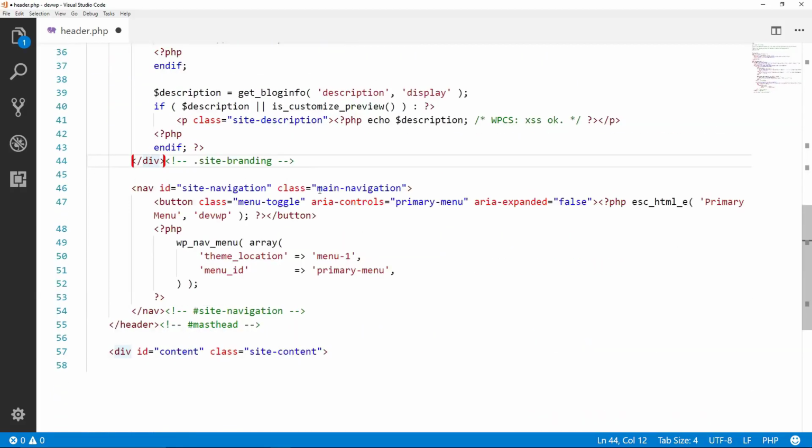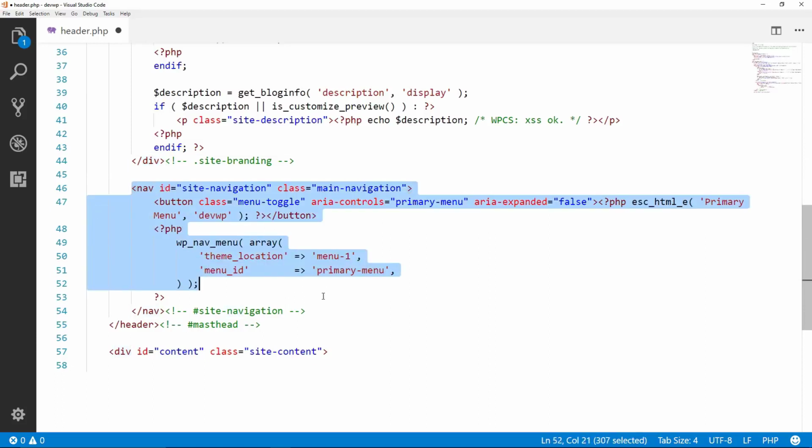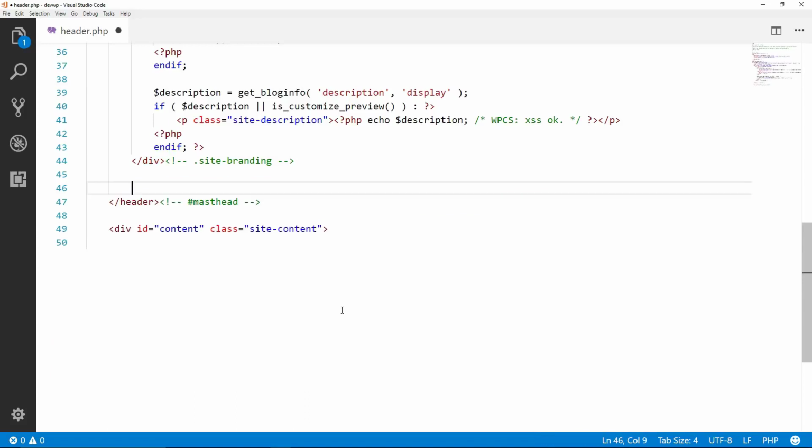Alright, so now we're going to change this up over here because this is the navigation that's already built in with Underscores, but we want to make this compatible with the Bootstrap navigation. So we're going to change out all of this information here. So what I'll do is I'll take this whole entire section and just delete it. And then I'm just going to open up a button tag, give it a class equals navbar-toggle, navbar-toggler-right, and then type